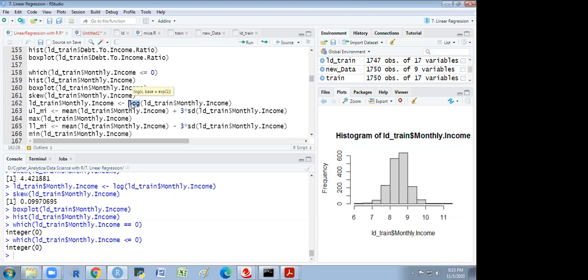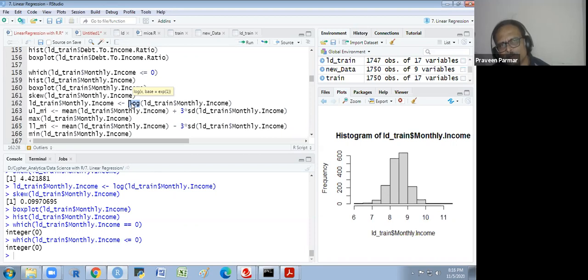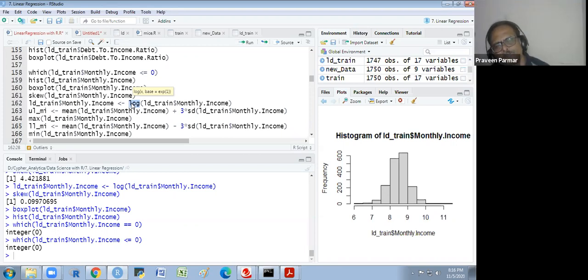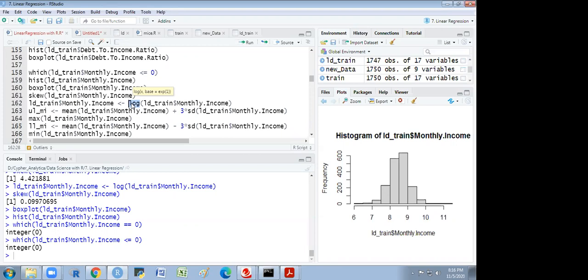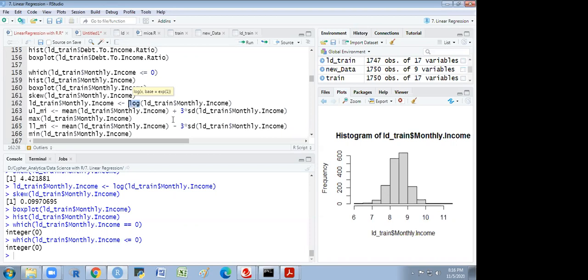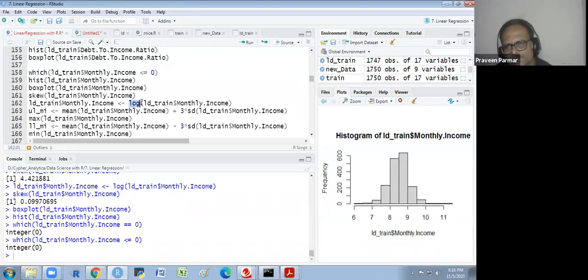Yes, sir. Sir, if the outlier were on the negative scale, what could have been the transformation? Square root, square function, sorry. We could use the square root and the square function there. But again, the variable value will shoot up with the square. The positive values will shoot up, and negative values come to the positive side. Whatever positive values are already there will shoot up. Square root function we generally use for that.